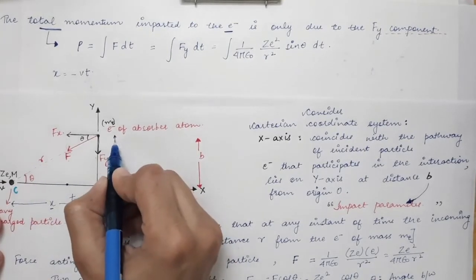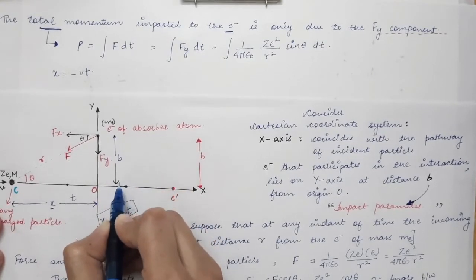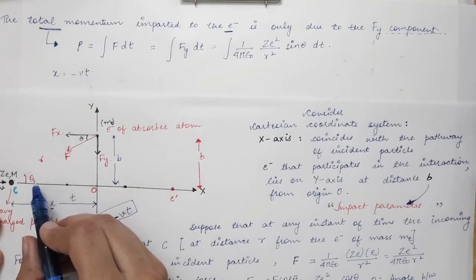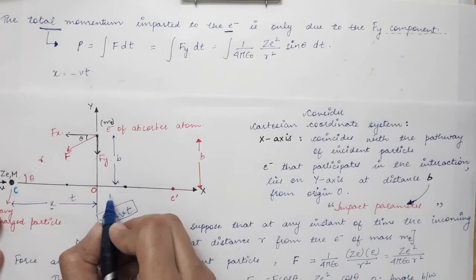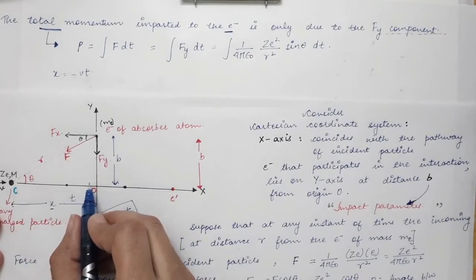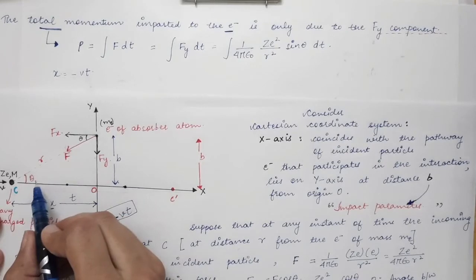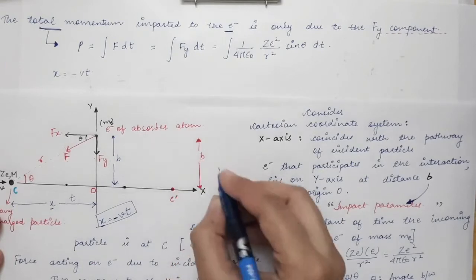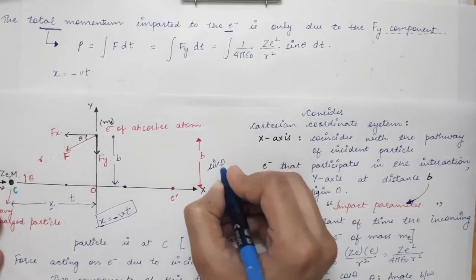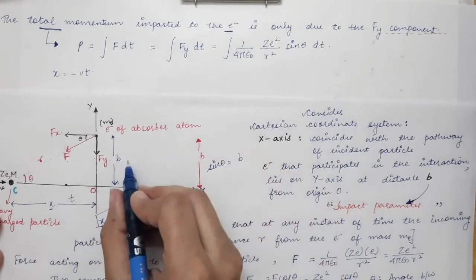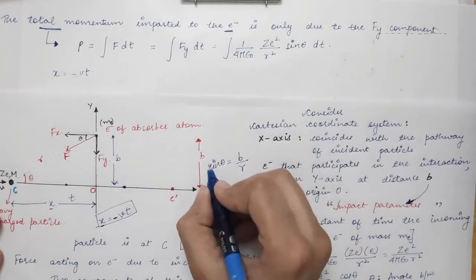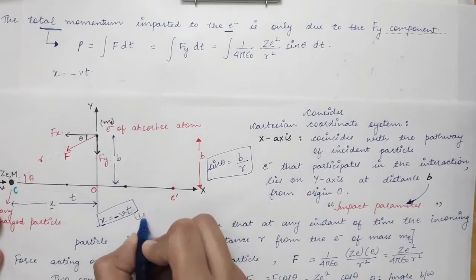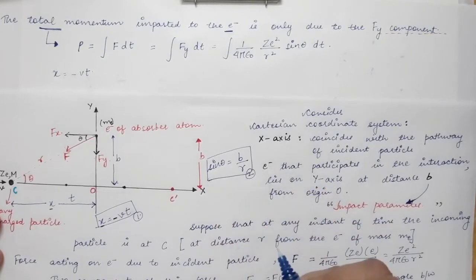Now this distance is equal to b. So from here, we are going to find the expression of r and theta, and this distance is equal to x. So how are r and theta related with each other? Now b is the constant. So over here we will use the sine of theta. Sine of theta is equal to perpendicular over hypotenuse. So that is b divided by r. This is the second expression. Now x is equal to minus vt is the first one. This is the second expression we are going to use.